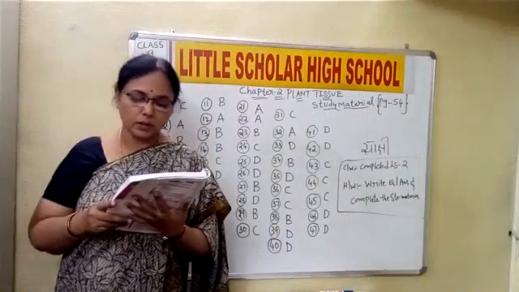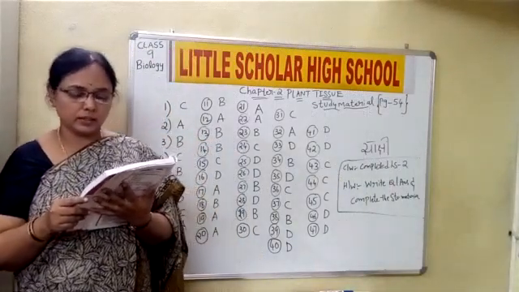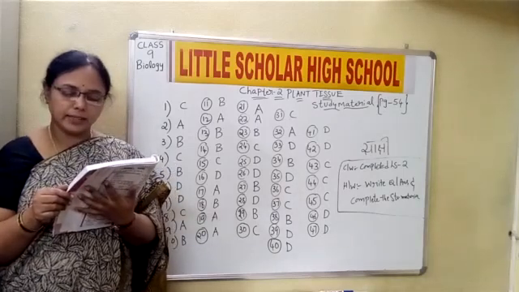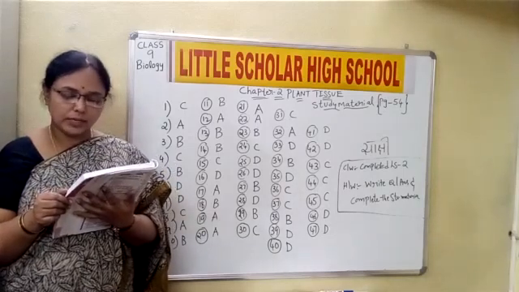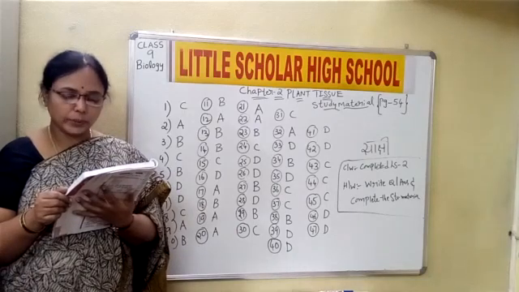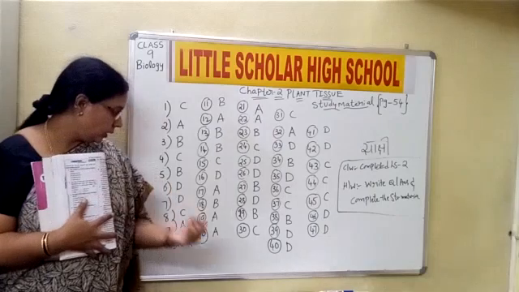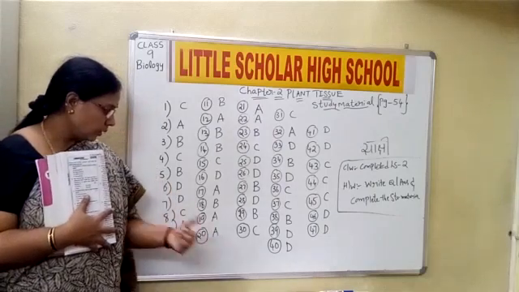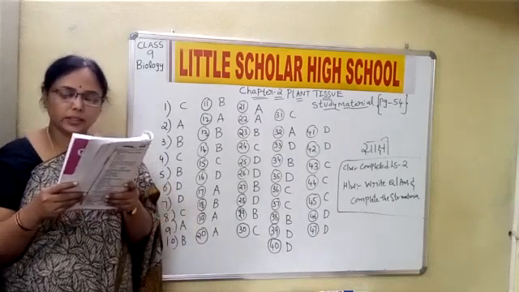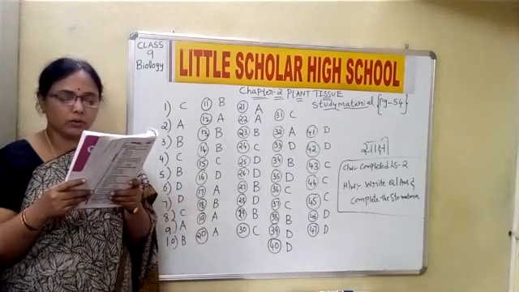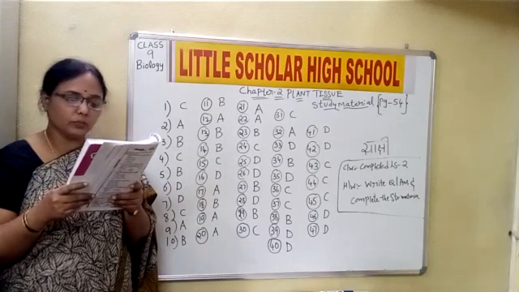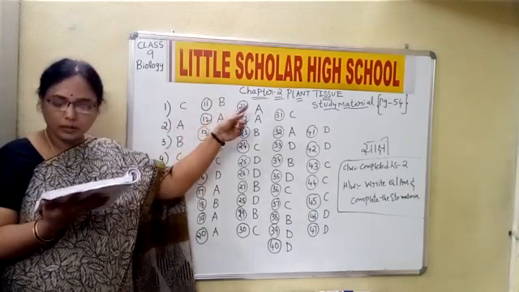Okay, children, now 20th one. How do the plants take help of xylem for transportation of water and minerals? That is the correct one. That is 20A, children. Done. Now 21st one. Gum is secreted from the dermal layer of gum trees. It is gum. Okay, 21A.